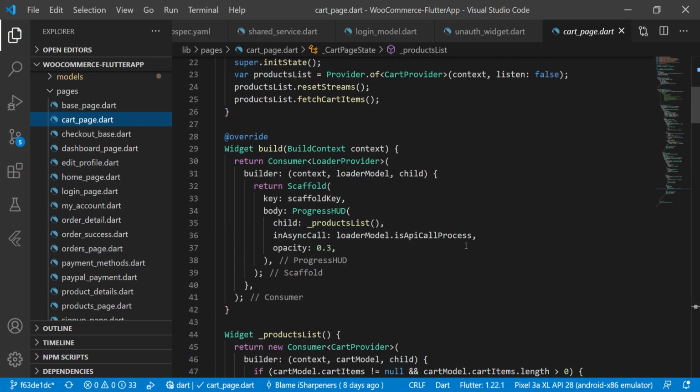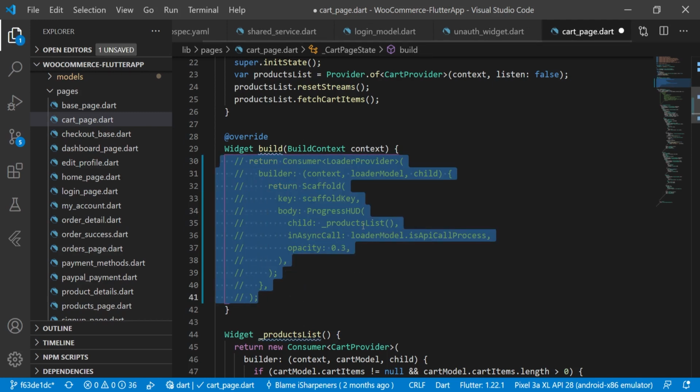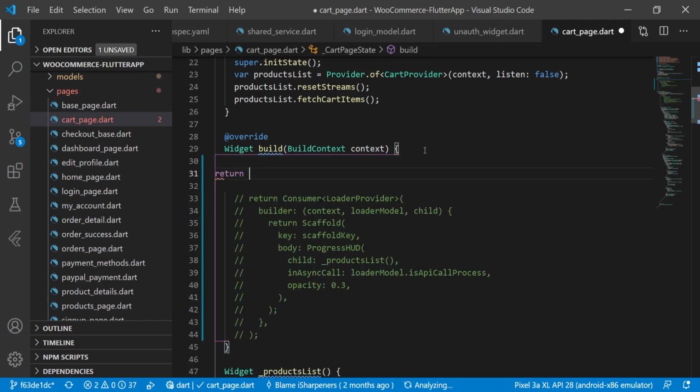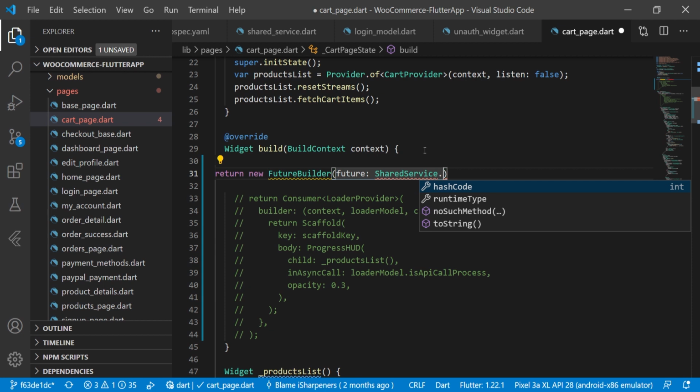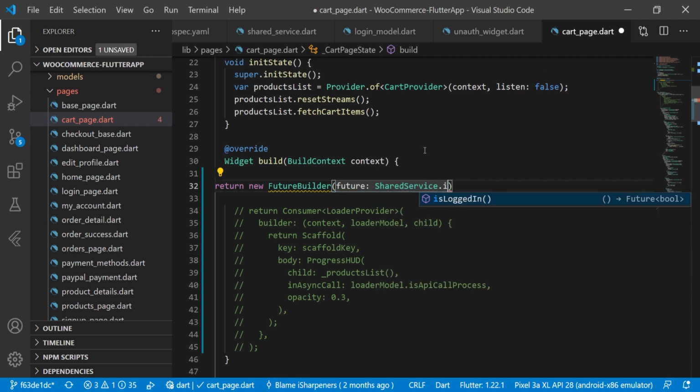In the build, we will check here, and here we will return a new FutureBuilder. In the future, we will pass here the shared service dot is logged in,